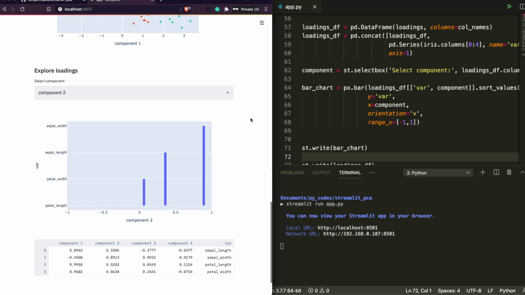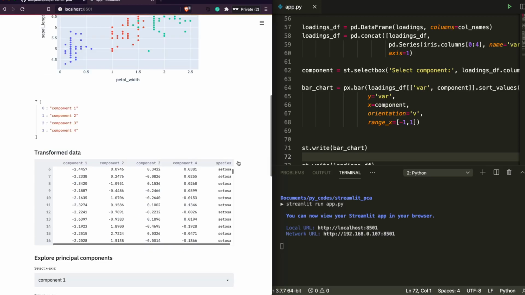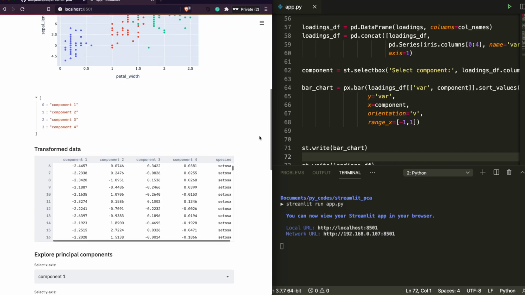This is usually what business wants. They don't want you to just make something and show it to them where they don't understand anything except some pretty nice chart. They want you to explain these things, and that's where this kind of web application, especially with something like Streamlit, which is quite handy for anyone to get started with, comes in.